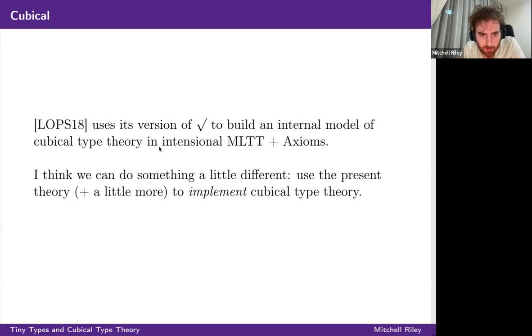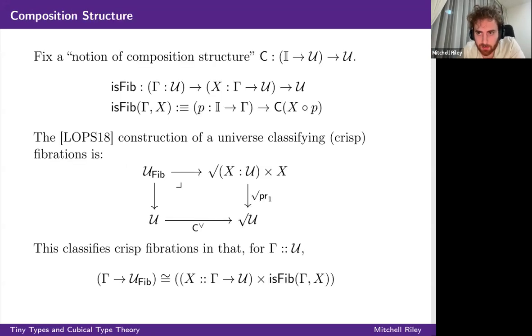So first of all, I'm going to just recapitulate some of the stuff that happens in this Lops paper, specifically the place where they end up needing this root operation. So one of the parameters to the construction is a notion of composition structure, which is a structure that you can put on a line of types, which says what it means to have composition and coercion along that line of types. And then for their internal model of cubical type theory, they define